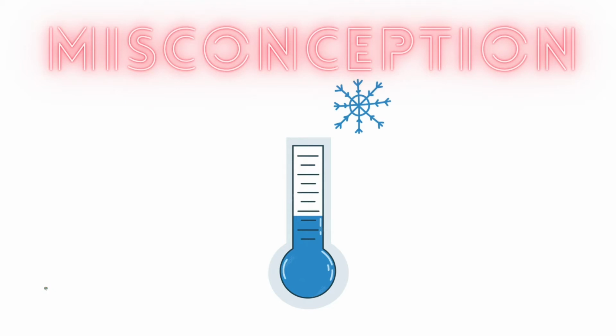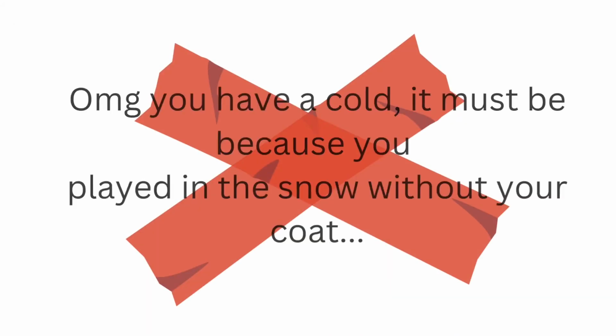Well, how did this theory come about if there is no scientific evidence? And how is it still so dominant? Well, it's actually because, as a matter of fact, people do get the cold more often in autumn and winter. However, this still does not mean the temperature causes the cold.